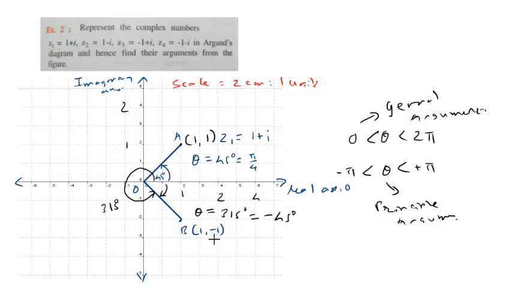You can observe for the complex number Z2, which is represented by point B, the argument can be represented as 315 degree. So this will be the general argument,